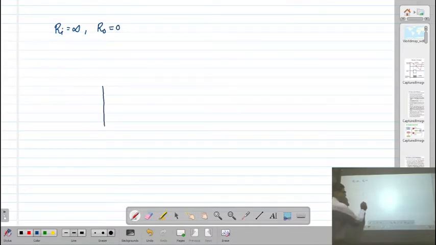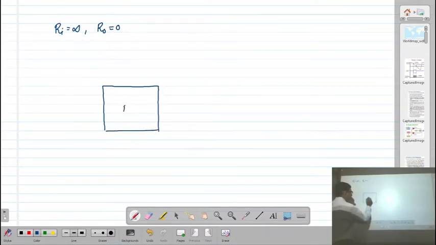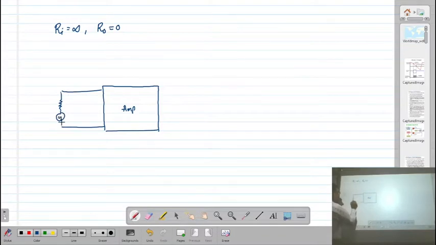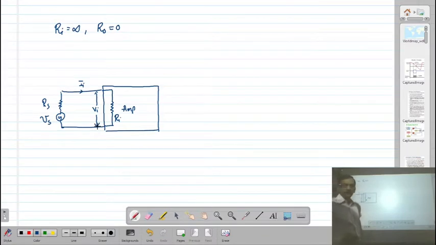In the previous lecture, I considered an amplifier as a black box. This is my amplifier circuit. It has an input terminal, and at the input terminal we are connecting our source, which provides the voltage Vs, and the source has the resistance Rs. Then this amplifier offers an input resistance Ri to the source. Due to this input resistance there is a flow of current, and due to this input current we have the input voltage across the input terminal of the amplifier circuit.